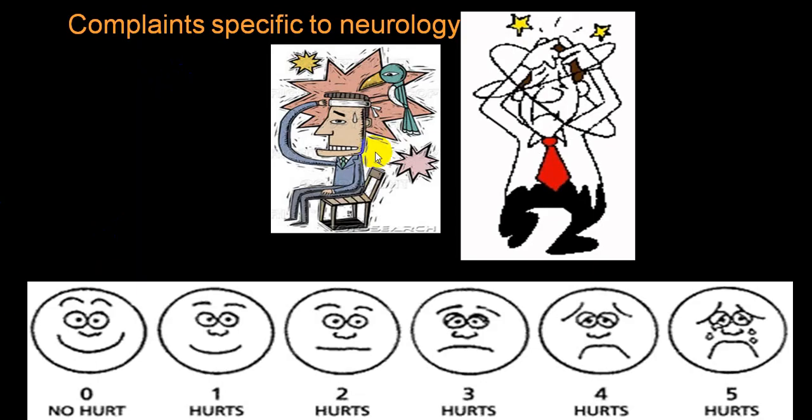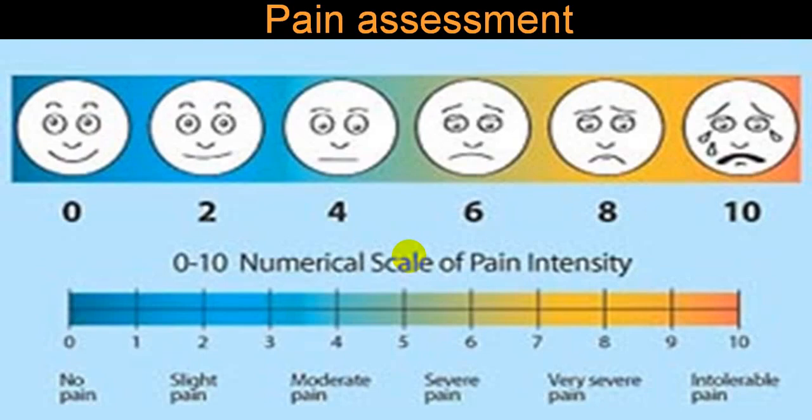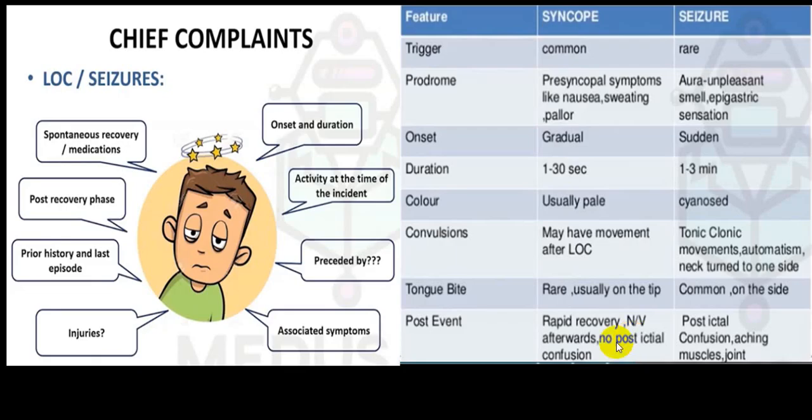So some complaint, say one simple complaint of pain, we always go for the history: location, quality, severity, duration, precipitating factor, associated symptoms, aggravating factor, relieving factor, etc. All this will give you an idea. Where is the pain? What is the structure which has been involved, which is giving rise to pain? And all those findings will be given. And this is one of the charts which will give you an idea regarding the severity of pain. So you can utilize all this.